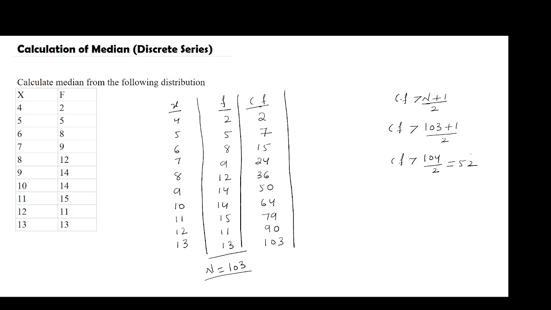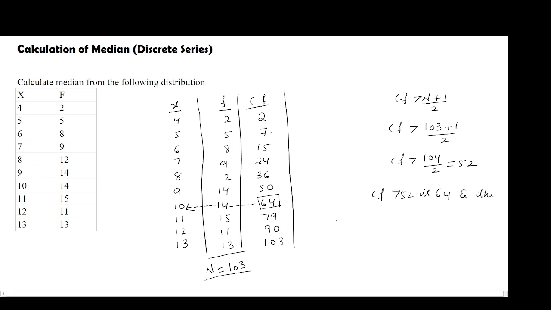Now I have to check which value is greater than this value. So in the cumulative frequency values, the value which is greater than 52. So I have 50 here. So my higher value is 52. It should be above 52. That is 64. And the corresponding value of the variate gives the value of median. So cumulative frequency greater than 52 is 64